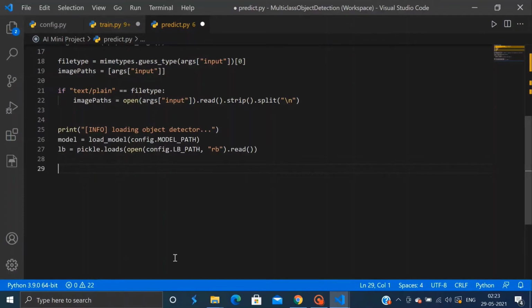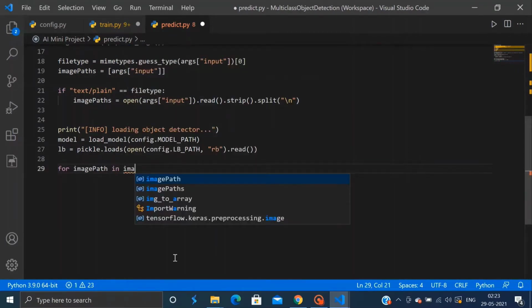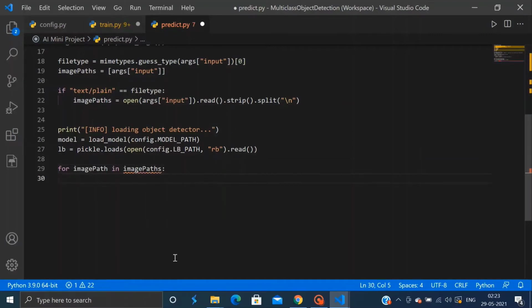Let us now loop over our image paths and make predictions on each one of them. So for image path in image paths, we will pre-process each image. Firstly, we will load the input image from the disk.